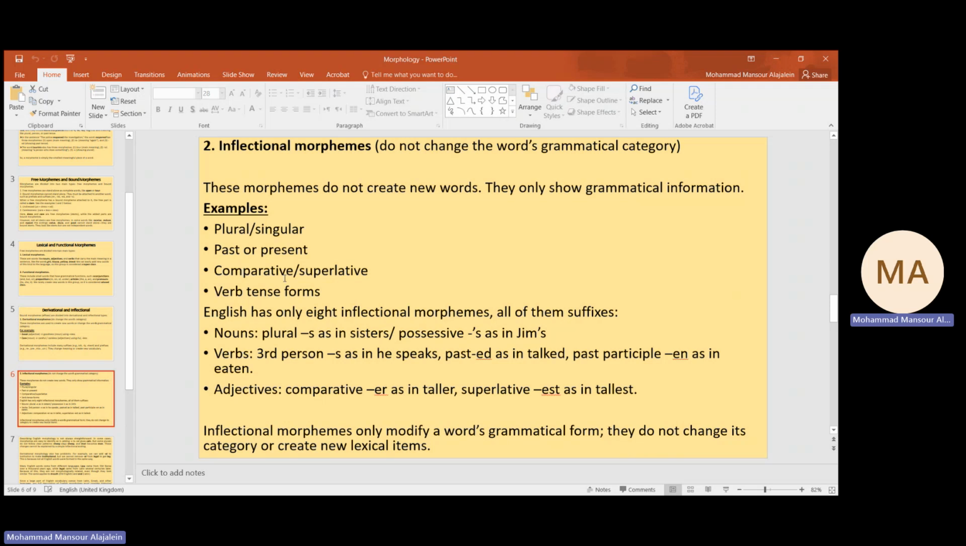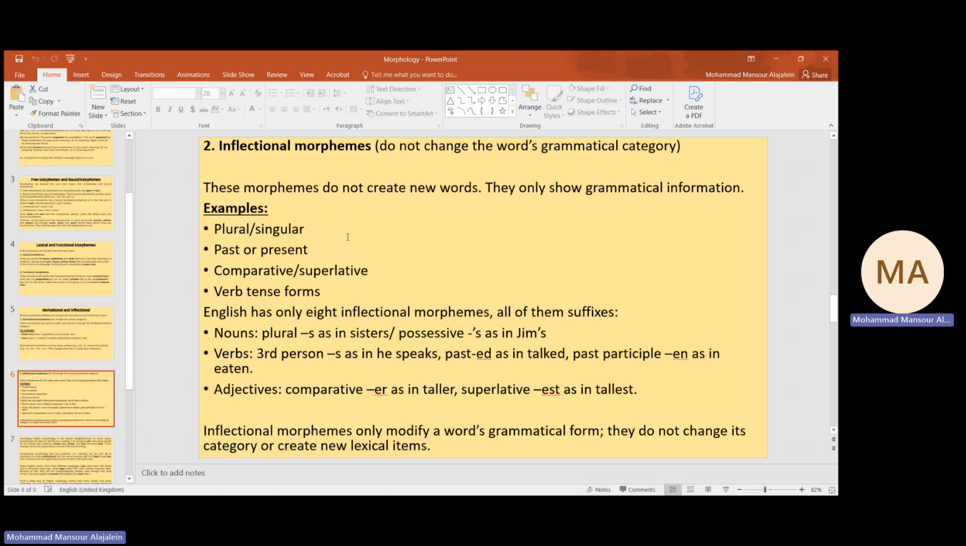Inflectional morphemes do not change the word's grammatical category. And still, sometimes it modifies something, but it doesn't change the grammatical category. Like the plural s or the singular s, as when we have s added to the verb because the subject is singular, or when we are describing a